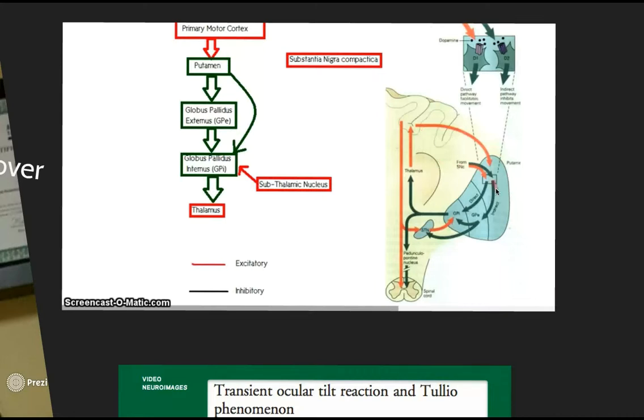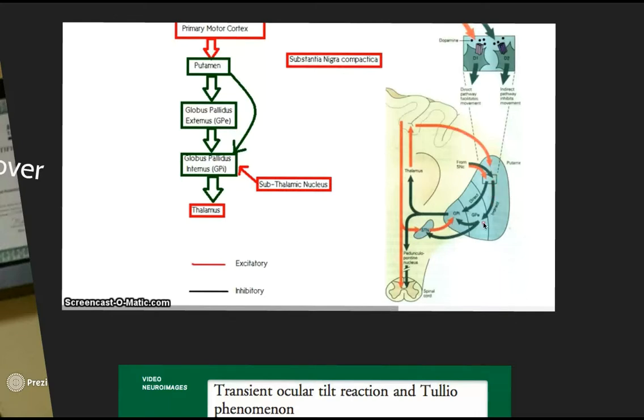And the indirect pathway is kind of the yin and the yang. The indirect pathway is always trying to inhibit movement. And it does that as we activate, right? We get tonic activation from the brain. So everything above is always activating things below it. And it's either actively inhibiting or exciting. So here, when we get excitation from the motor cortex to the putamen, we also get an excitation of the putamen,